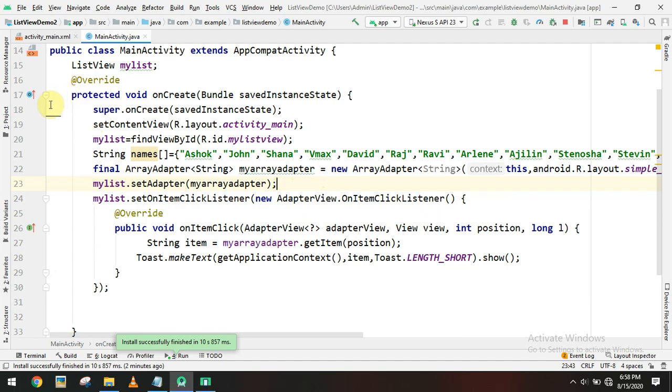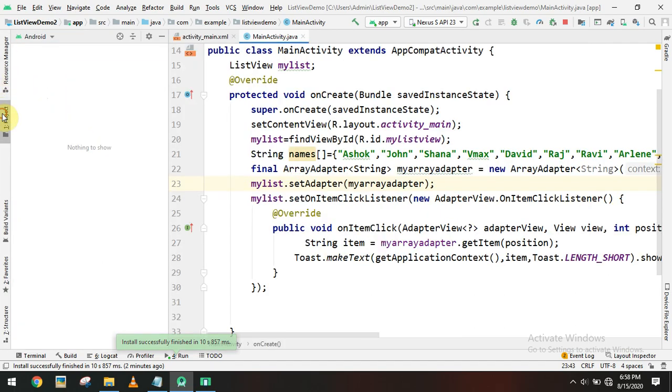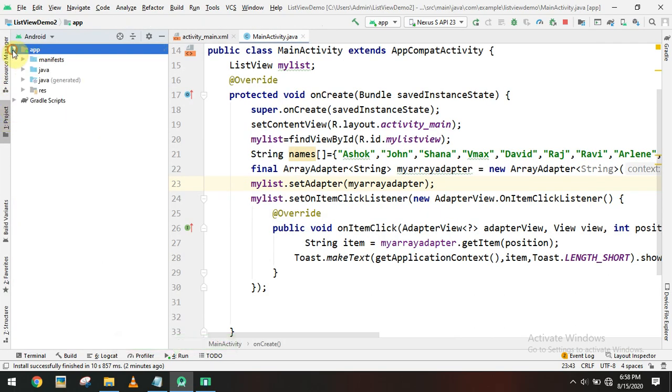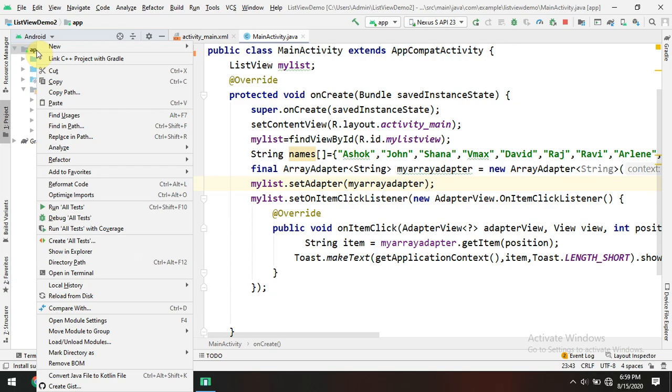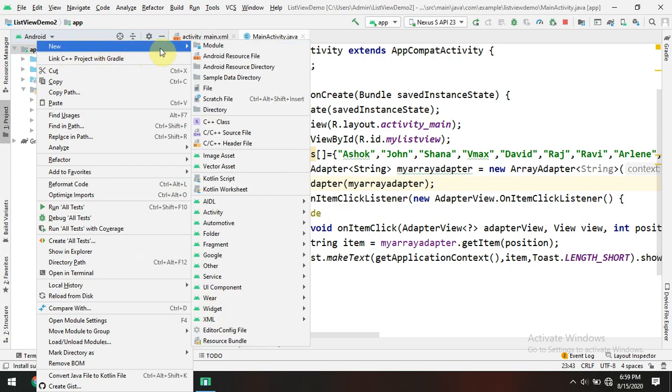So first what you have to do is go to the project again and go to the project folder. There is a folder called resource, and inside the resource folder you can add, otherwise you can go to the project itself, right click, and add another file. The file must be an XML file, which is a layout XML.